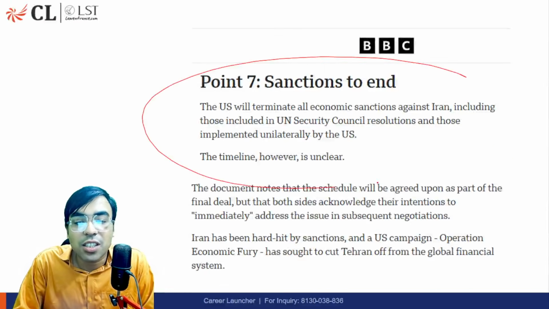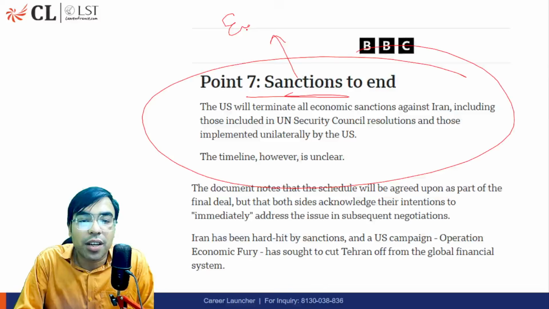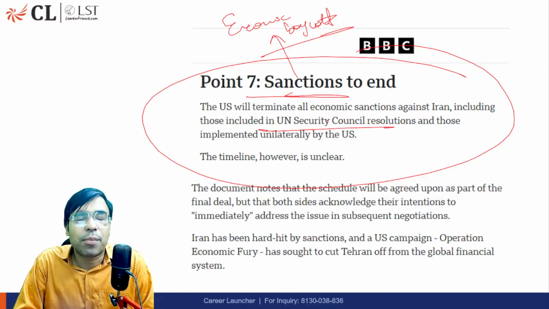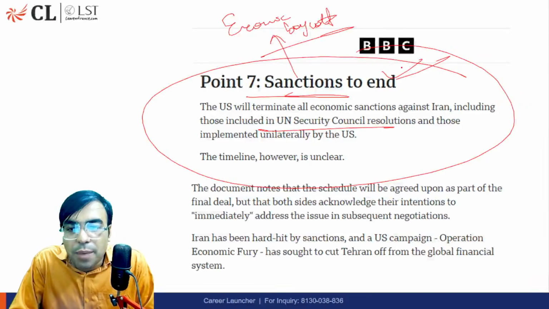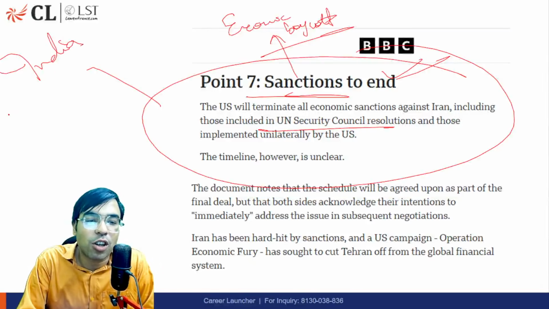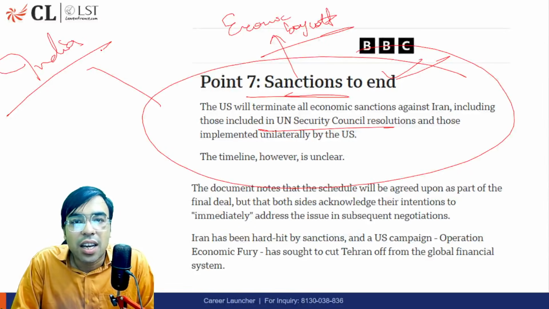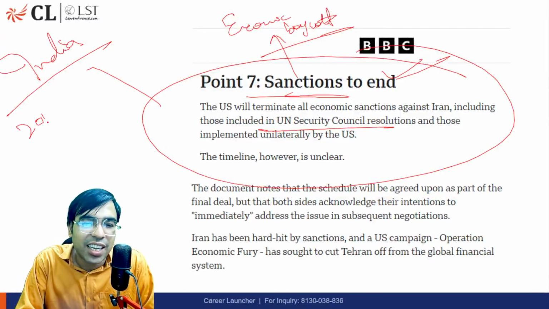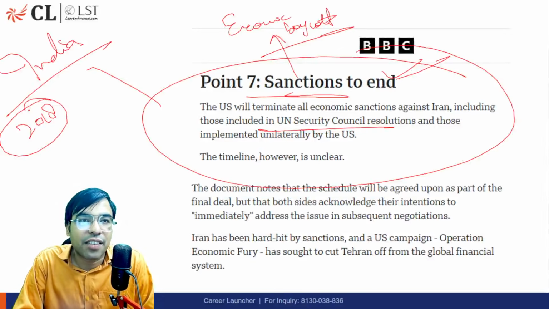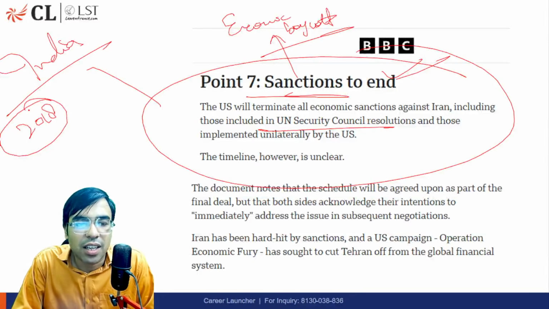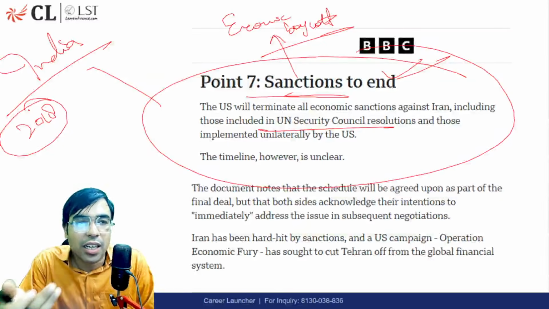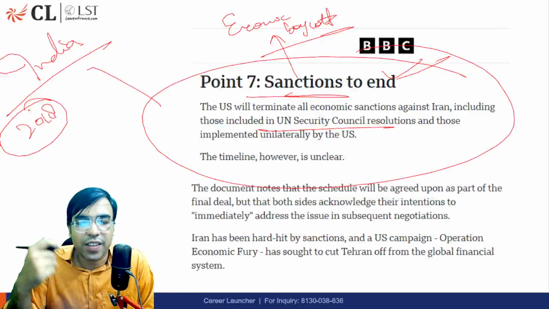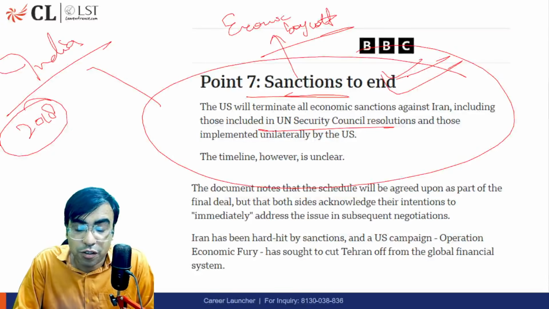Okay. Next is sanctions to end. So all the sanctions or economic boycott. Because in the past, we have seen the USA and the UN Security Council had put a lot of sanctions so that nobody should be doing trade deals with Iran, etc. And if this is successful, then it is good news for India also, because now we can buy oil from Iran, and that too in rupees, because in 2018, Iran had promised something like that, that we can buy oil and natural gas from Iran not in terms of dollars, but we can pay in rupees. So these things were there. So we hope that if this improves, it will be good for India also.